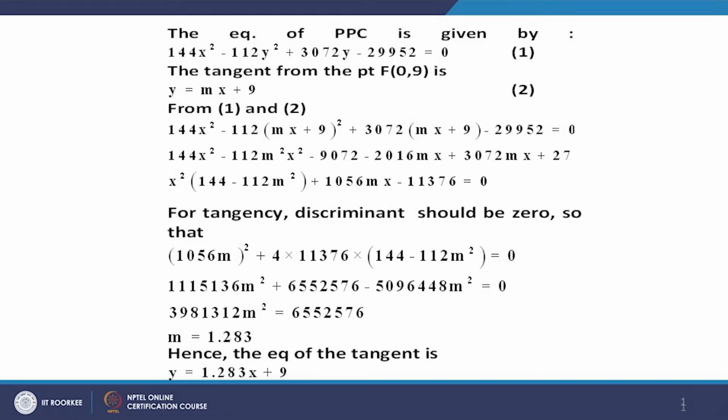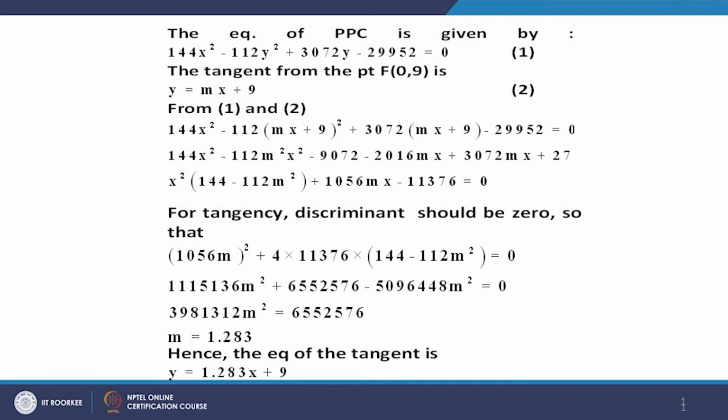Please note again the expected return is 80%, and as far as the other parameters of A and B are concerned, they are similar to what we had in the immediately preceding example. Rho A B is equal to 1 by 2 and the coordinates of A and B are 8, 12 and 12, 24 respectively. So, the first step is to calculate the equation of the portfolio possibilities curve, which we can do